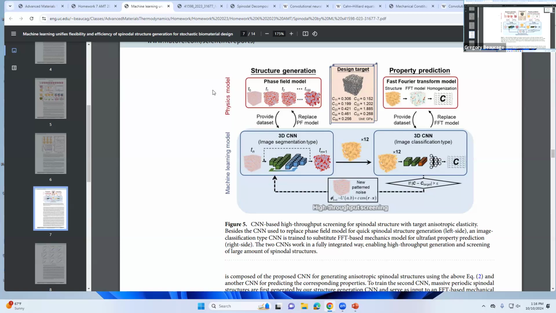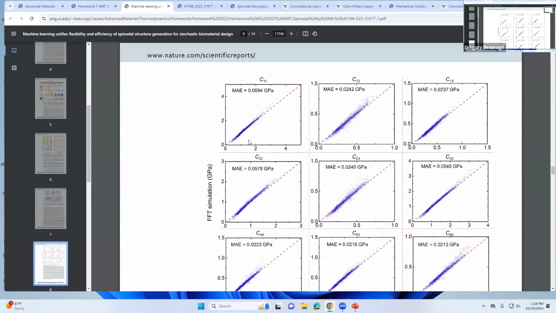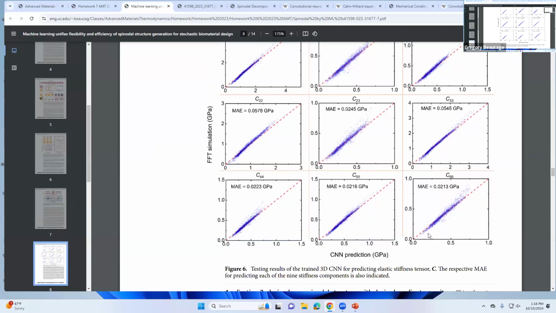Right. So the thing doesn't know what it's doing, it's just trying to get the out to match what you want. So the out could be this C matrix. So he does that, and then he shows somewhere here. So he gets a perfect match eventually of these C11, C12. These are the errors. So the errors are really small. So you can get exactly the mechanical properties of the phase field,